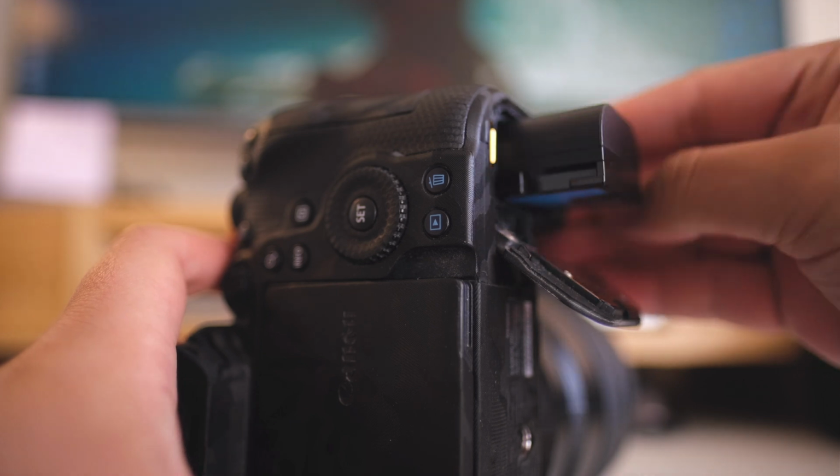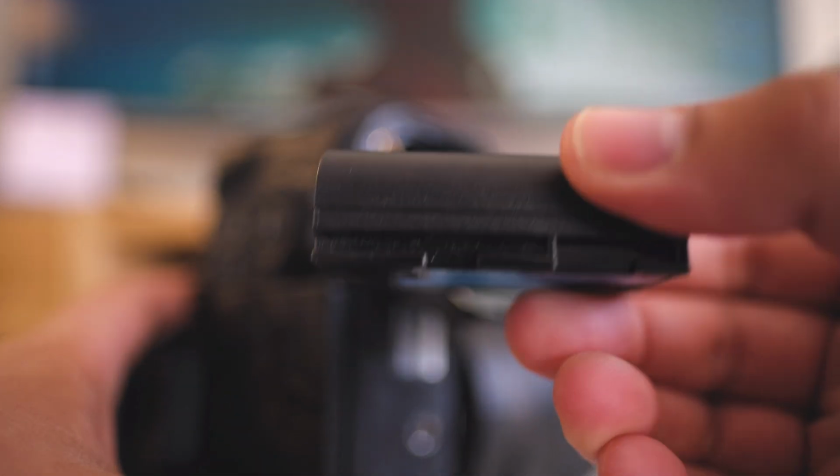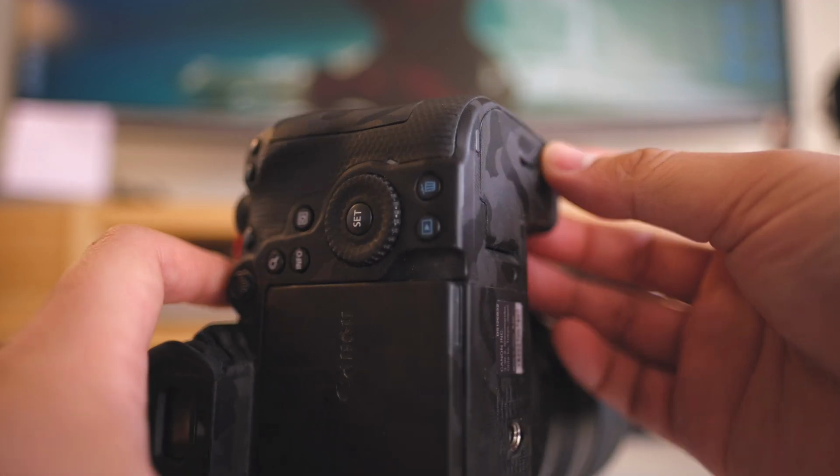And now moving on to the next point, which is the battery life. The battery life on this camera is actually quite nice. Of course, it's not the best in the world. It's not the best amongst its competition, but at the same time, you can really get a lot of work done. I've been out shooting several days already, at different jobs, and to be honest, it's been surviving on just one battery, and I don't know how it does it,